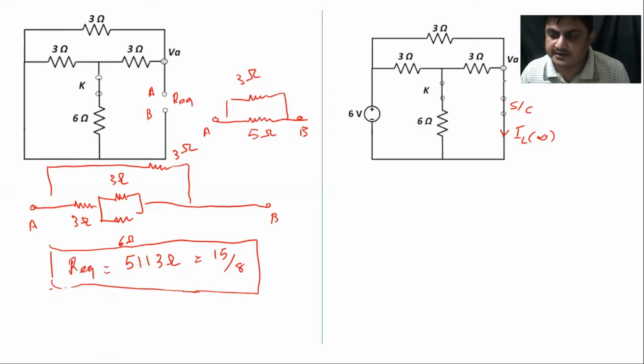Okay, when my inductor behaves as a short circuit, and this is the current I am going to calculate, that is IL infinite. In any method you can use, let us say you can apply 3 KVL equations, 1 KVL in this loop, second KVL in this loop, third KVL in this loop, and when you are solving these equations, the current flowing in this particular loop is equal to your IL infinite.